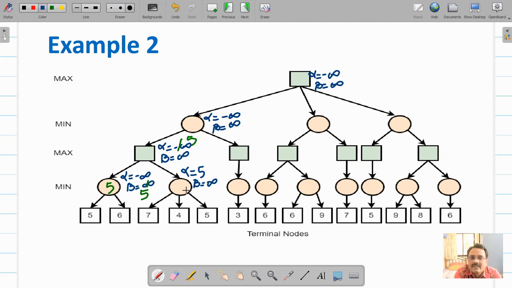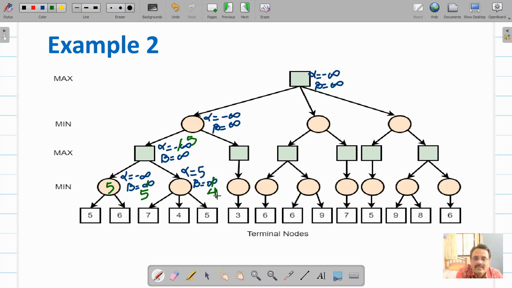Then since it's a minimizer node, it will check 7, it will change the value of beta. 7 is better than infinity, so it will accept. Then check 4, 4 is even better than 7, so beta will be 4. Now since beta is 4, what will happen out here?